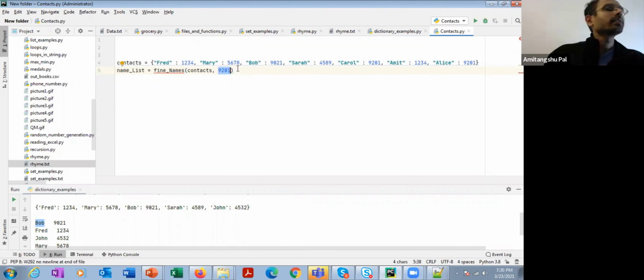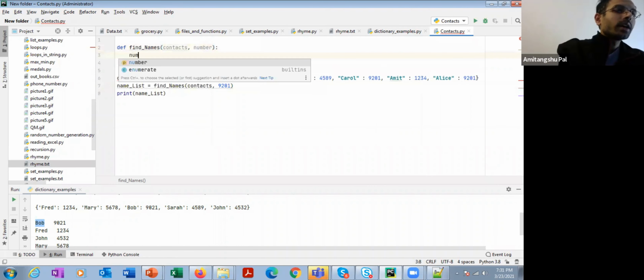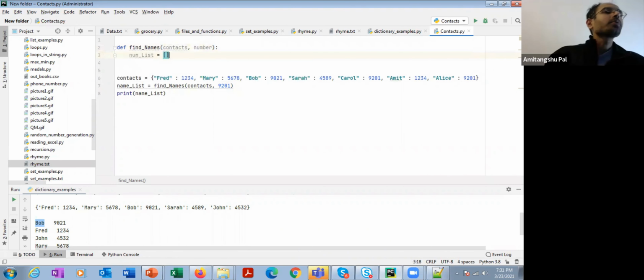So the idea is that this function is going to return a list. I'm going to start with an empty list. And then I'm going to check the corresponding numbers one by one. If the number matches, I'm going to add the corresponding name to the list.